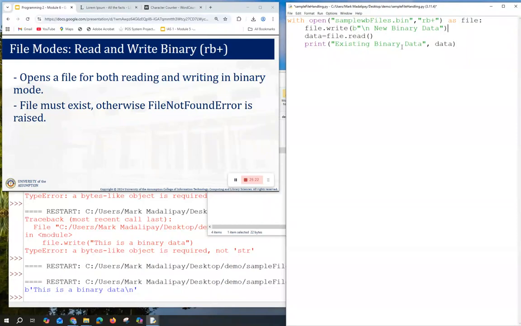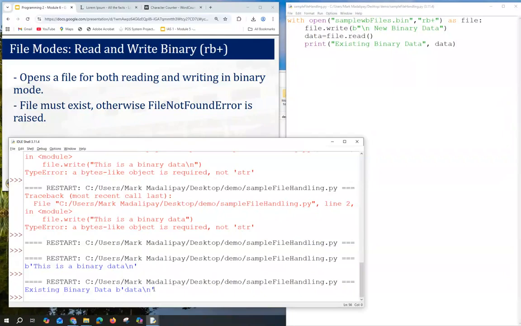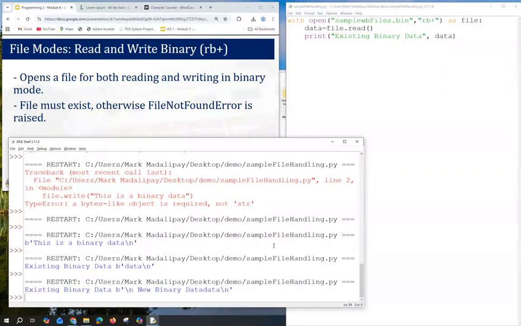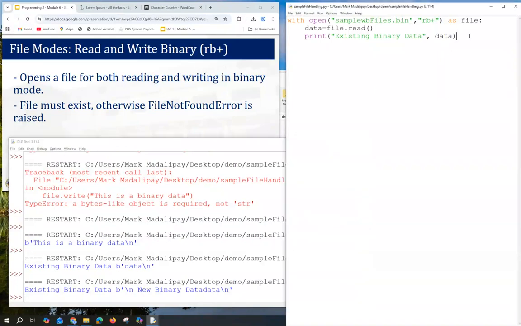Okay, save, F5. Wait, let me just check. Okay, so we have a new binary data.